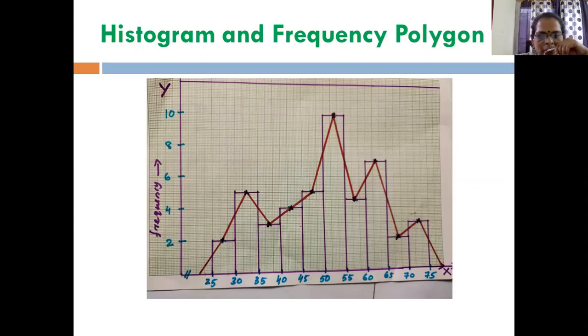Then on the histogram, I have drawn the frequency polygon. It is very easy to draw. You just take the midpoint of each rectangle, then join them by straight lines. Suppose you are not using the histogram, you take only the midpoint of each class interval and join them using straight lines. Then you extend the starting point and ending point to the base, so that the frequency of the previous class is 0 and the frequency of the succeeding class is 0. Remember that a frequency polygon is a closed figure.